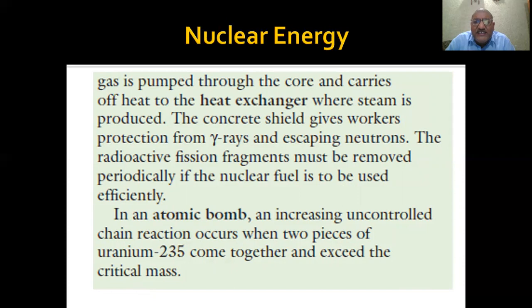The concrete shields give workers protection from gamma rays and escaping neutrons. The radioactive fission fragments must be removed periodically if the nuclear fuel is to be used efficiently. In an atomic bomb, we do not control this fission reaction. We just start it and we let it go. In an atomic bomb, an increasing uncontrolled chain reaction occurs when two pieces of uranium-235 come together and exceed the